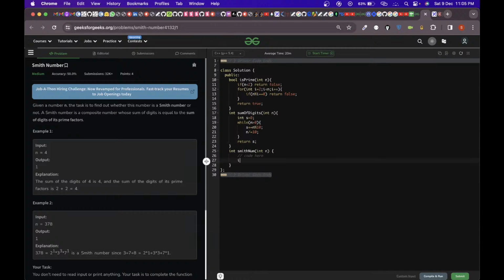And we can first of all store the sum of digits in a variable. And if our number is a prime number, then we can simply return false, because here in the question it's given that we need to check that it should be a composite number, and a composite number is a number which has more than one factor. As a prime number only has one factor, which is the number itself, we can return false in that case. And after that we can